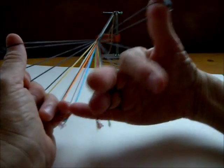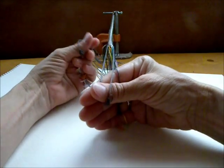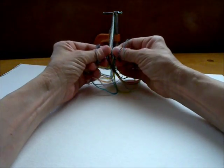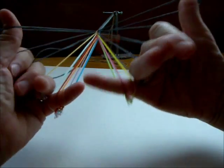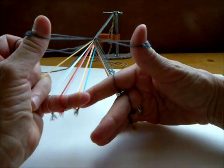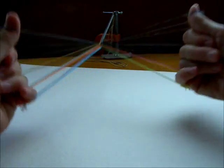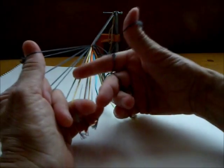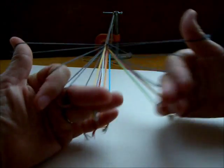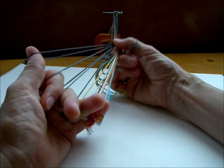So that gives the idea, I think. There's the braid opening out. I can check for errors to make sure I hadn't left any holes in the middle. Okay, might as well show you my new way of, I often do not put braids in a comb anymore. Depending on what the structure of the braid is, I see what groups are easy to read at the fell. It's very easy with a V-fell braid to see which order they come out of the fell, basically,